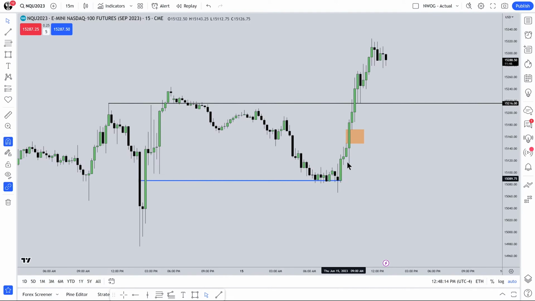Then we see price moving here and then we have this big extrapolation, but yet to take out this high. So this is the draw. This is where price would want to reach up to because there's real liquidity above here. What kind of liquidity? Buy side. This gap is moving quickly away from all this consolidation around equilibrium based on that balanced price range. A breakaway gap is expected to form